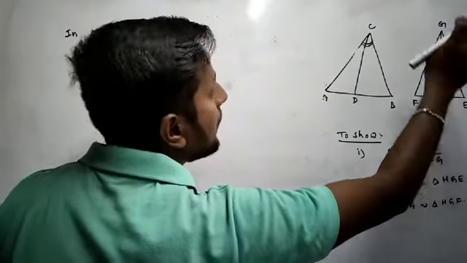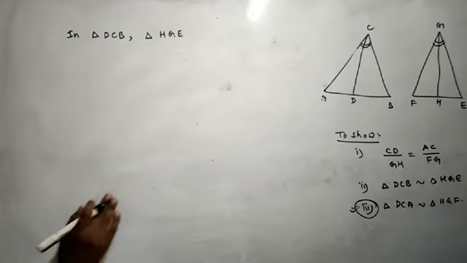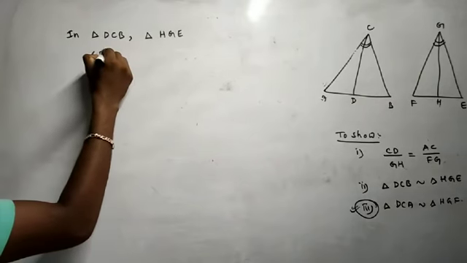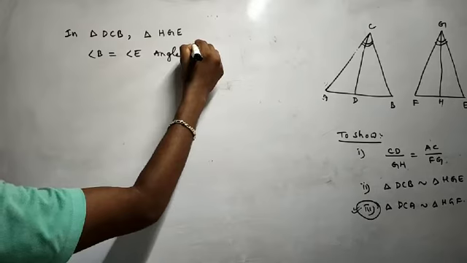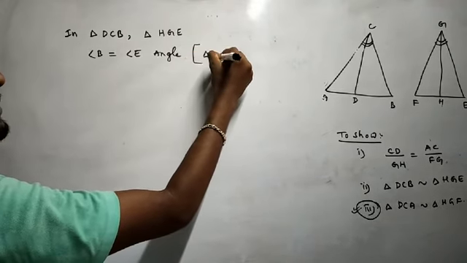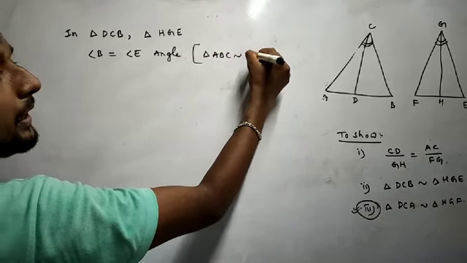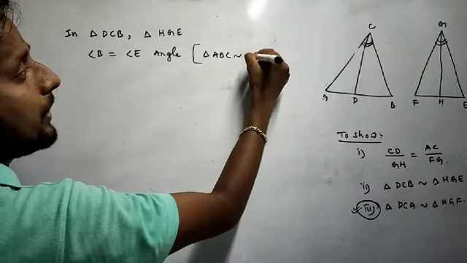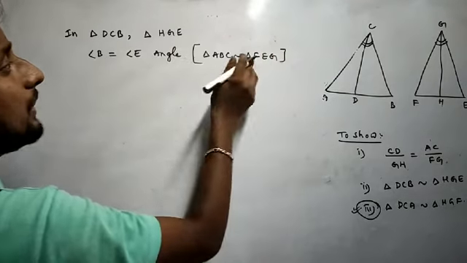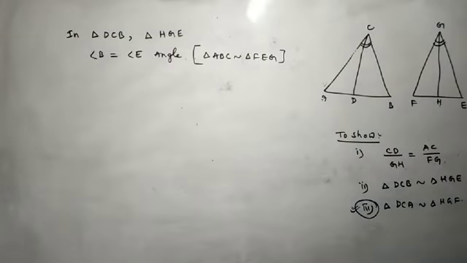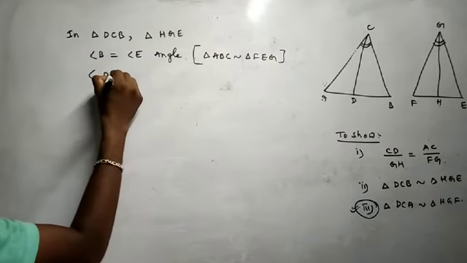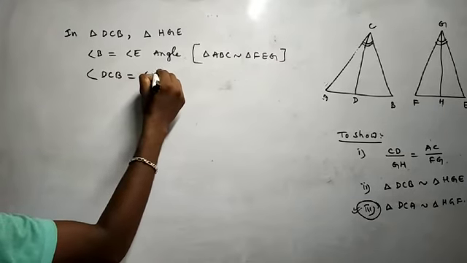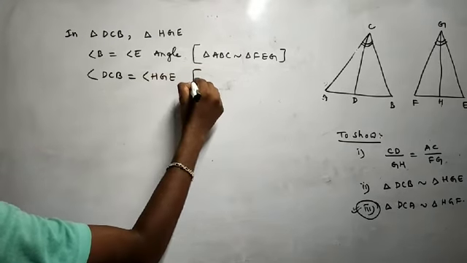Now look at angle B is equal to angle E. The reason is that we already know triangle ABC is similar to triangle FEG, so the corresponding angles are equal. Next, angle DCB is equal to angle HGE,